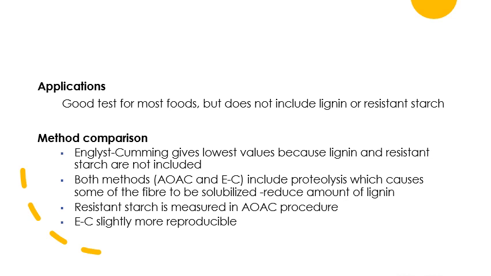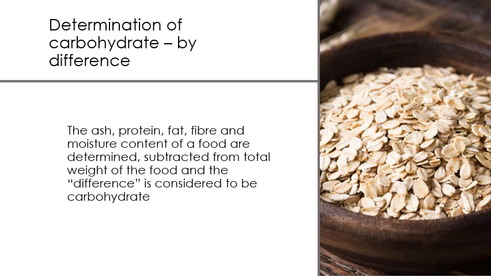If we compare between methods, the Englyst-Cummings gives the lowest value because lignin and resistant starch are not included. Both the AOAC and the Englyst-Cummings methods include proteolysis that causes some of the fiber to be solubilized. This will then reduce the amount of lignin, but resistant starch can be measured in the AOAC procedures, while the Englyst-Cummings method is slightly more reproducible. As I mentioned early